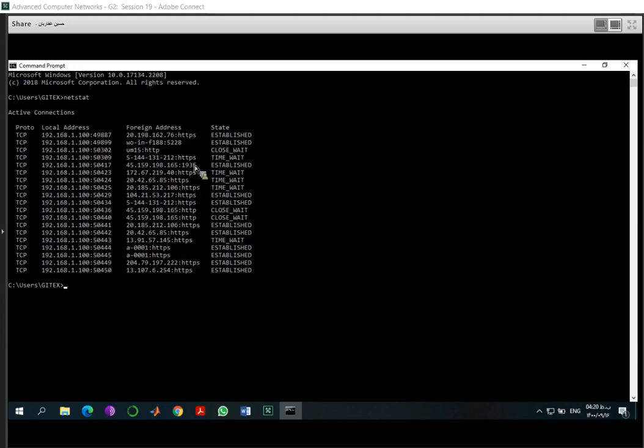Here you can see the list of those foreign computers. Most of them are over HTTP or HTTPS connections. Okay, in some parts of your project, I ask you to list this one and talk about these states. What are these states? Established, close wait, time wait. I ask you to talk about this one.